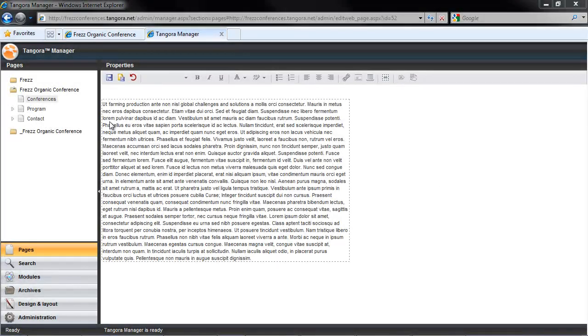So let's get started. First, I'm going to discuss what your starting point is. That is to say, what you get on the page when you first create it. And then we're going to get into some basic text editing. So I have a brand new page up on my screen, which I've just created. What I see here is a bunch of dummy text and not much else.